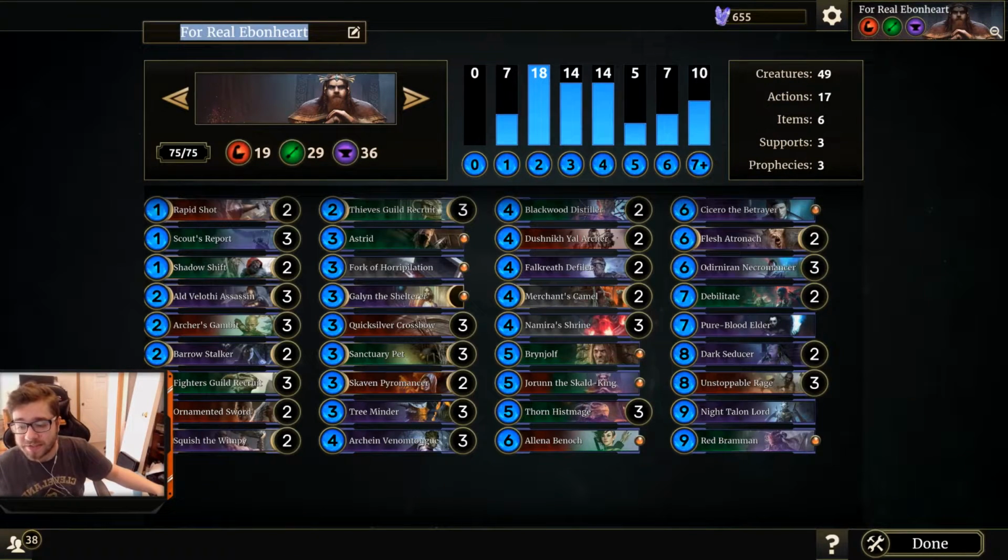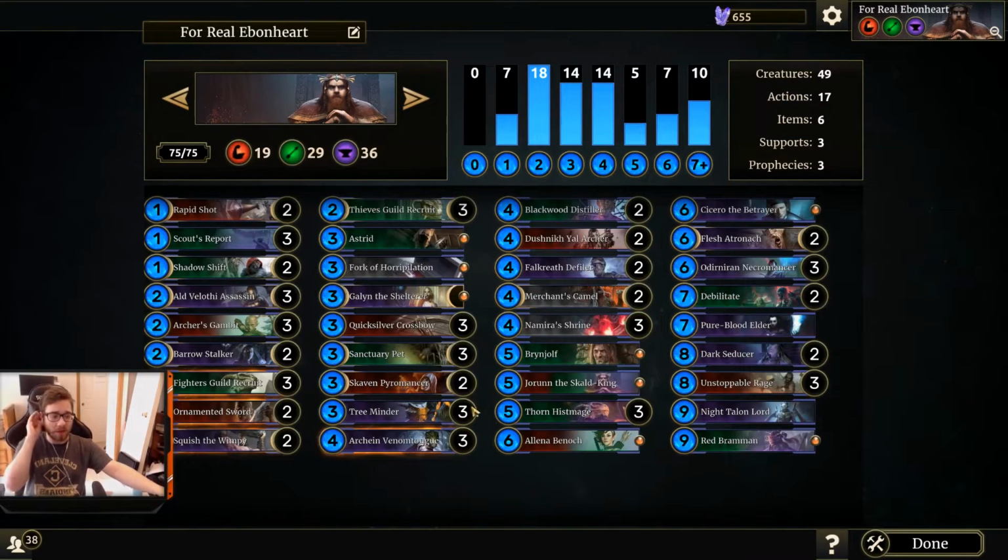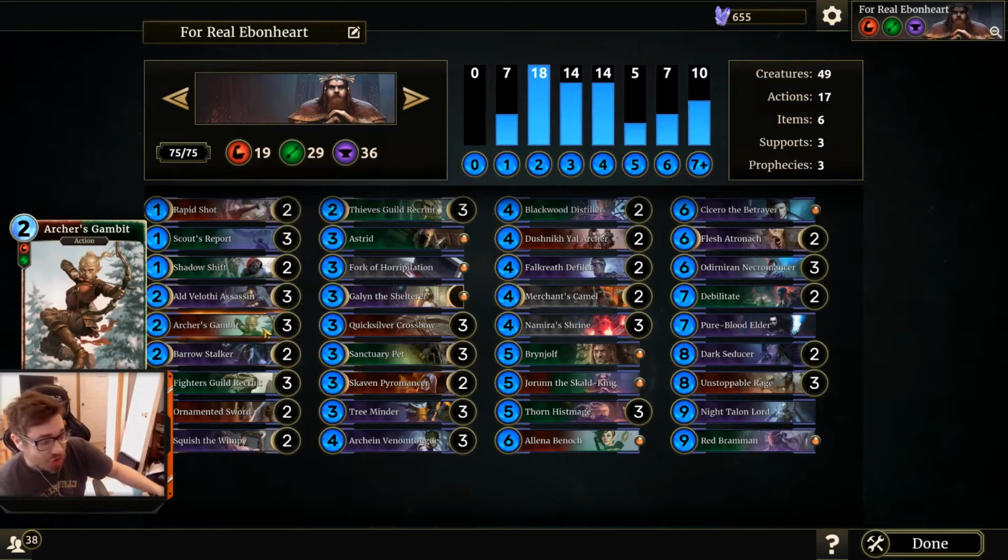Alright, so we're going to take a look at Slay Ebonheart today. This was one of the decks I posted as the 5 decks to look for the new classes. This is Slay slash, it's Ramp more than Slay Ebonheart. We have the incredible top end, you can use with Squish the Wimpy, and more importantly, Archer's Gambit, the new